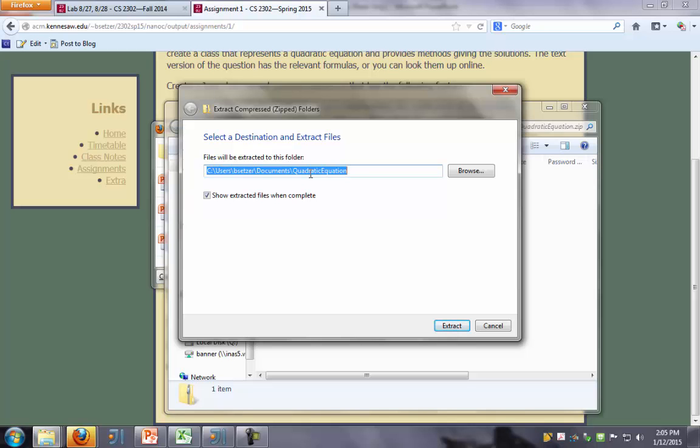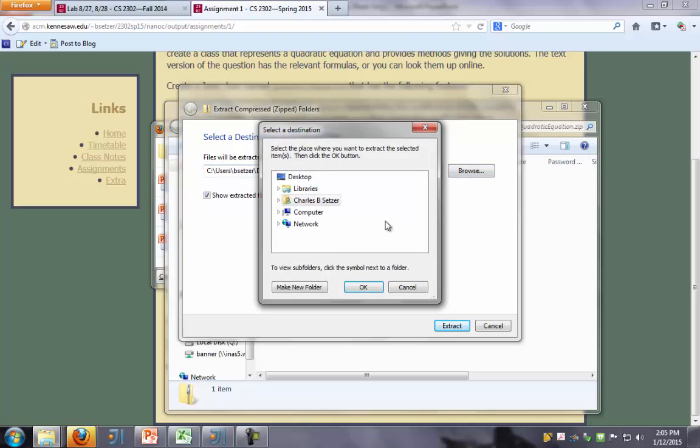Mostly I put things in this class on the portable drive I've got down here, so that I can move things back and forth and they don't get lost on this machine. But in fact, let me go ahead and do that. Let me browse to the N drive, computer, the N drive, and